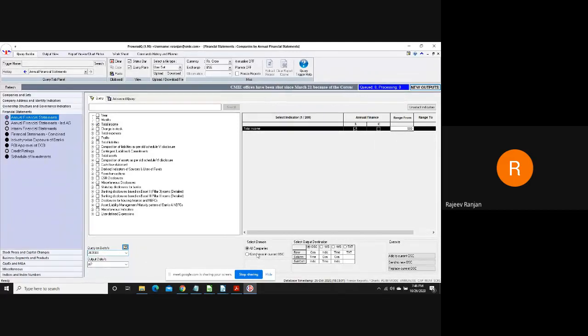I change my domain as companies in current OSC, and I have an option. I say add data to OSC. When I do so, it will simply add the data, and those companies which do not satisfy my condition of 500 crores and above, it will keep the field blank. Or I can simply click on retain matched companies. What it does is it will remove those companies which have not satisfied the condition of 500 crore as on FY 2020.